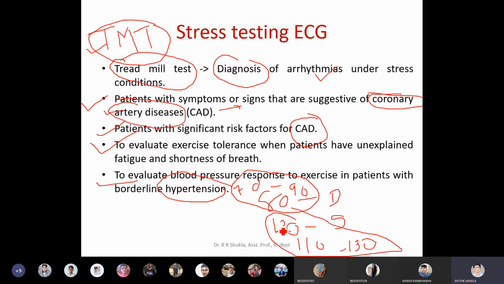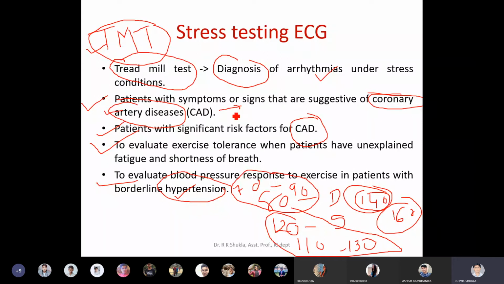So one is called diastolic, one is called systolic. So 130 is okay, but if the patient is having 140, the maximum pressure, it is called moderate hypertension. If it is 160, then it is severe hypertension, 160 to 180. So if the patient is having borderline around 140, it is a borderline hypertension. Hypertension means blood pressure, maximum blood pressure is more, or systolic blood pressure is more than the normal value.